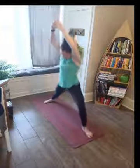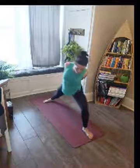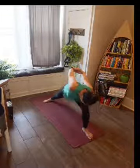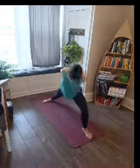Right toes are facing the front. Exhale, bring the arms down. Inhale, bring them up. Exhale, this time we're interlacing them behind our back. Inhale to open up the chest. Again, if you're comfortable here, if you want more, maybe folding over that right thigh, that right knee. And if you're like, absolutely not, then you can stay exactly where you are up here,